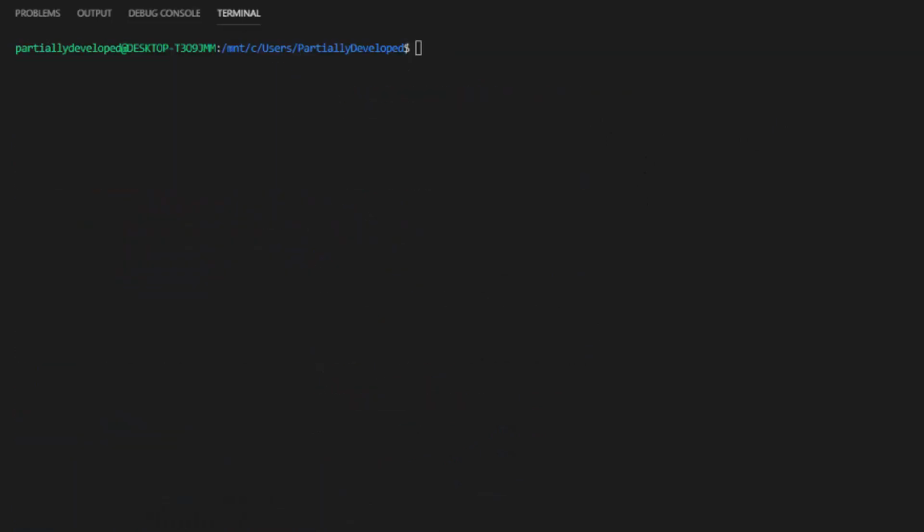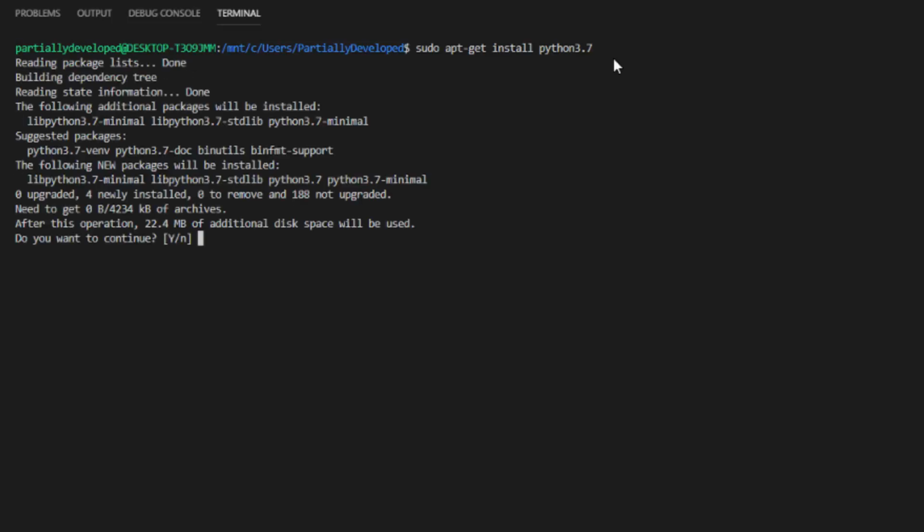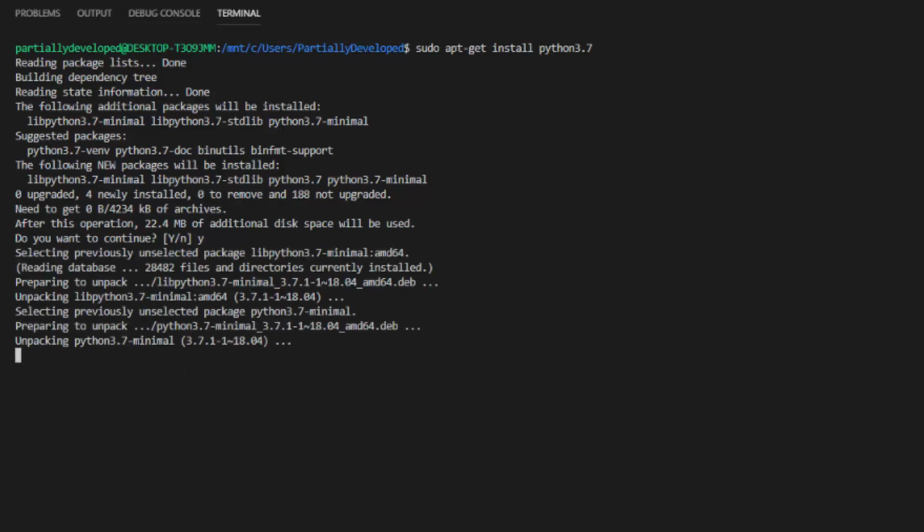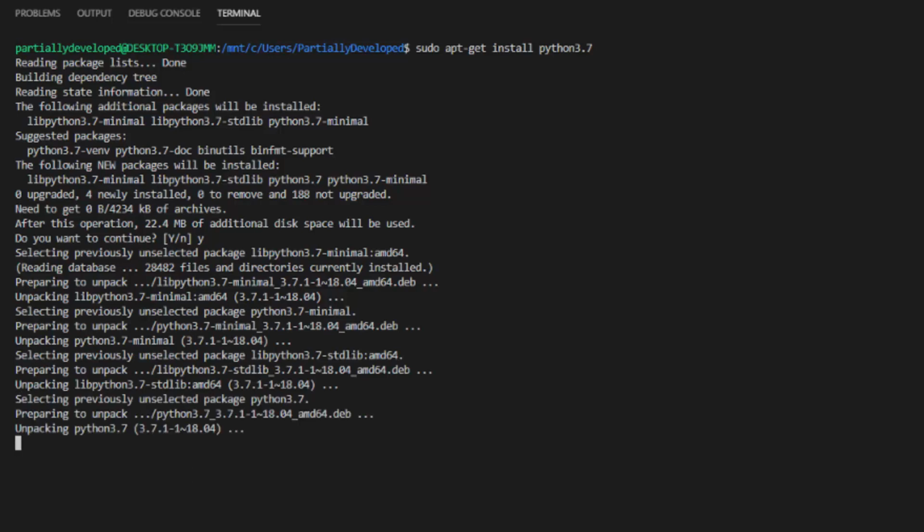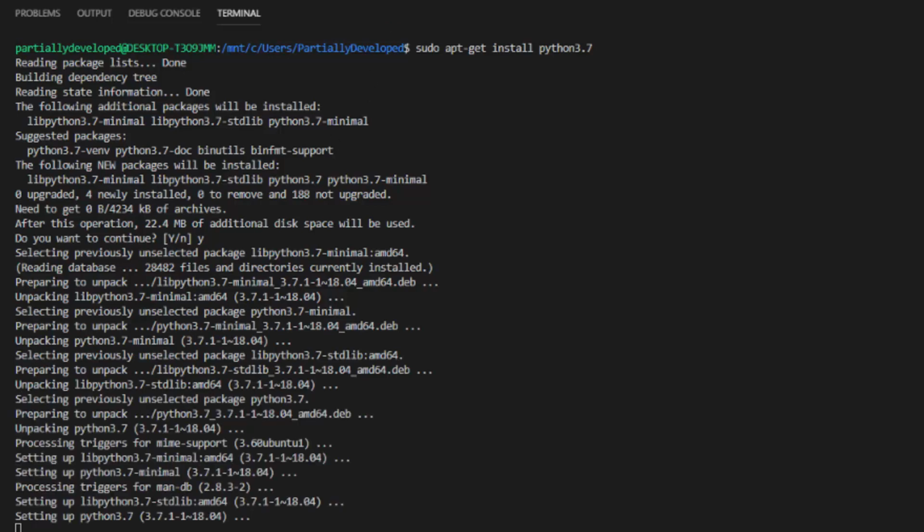And now we can try and actually install it. So the first thing that I recommend you do is just try and run sudo apt-get install python3.7. If you do this, you should be prompted for a yes to confirm that it's going to take up some amount of space. You click yes, you can see it starts to download. Now, this may not work for you. And the reason that this may not work for you is that you might not have the correct destination installed here